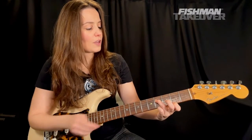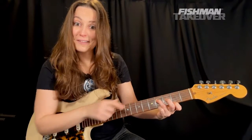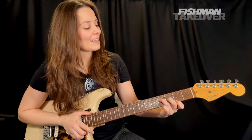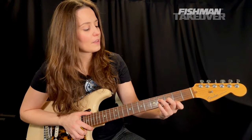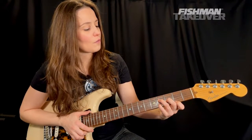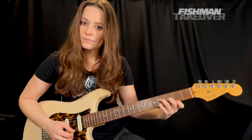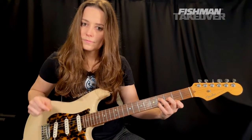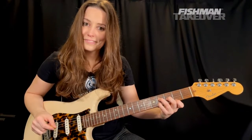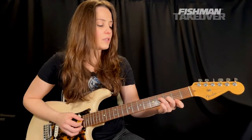We're going to get our third finger, placing that on the other F sharp, okay? Fourth fret of the D string. Get that second finger, okay? Third fret of that G string, and then our fourth finger, fourth fret of the B string. That's how the chord should sound. Okay, just like that. So, nice and slowly here,